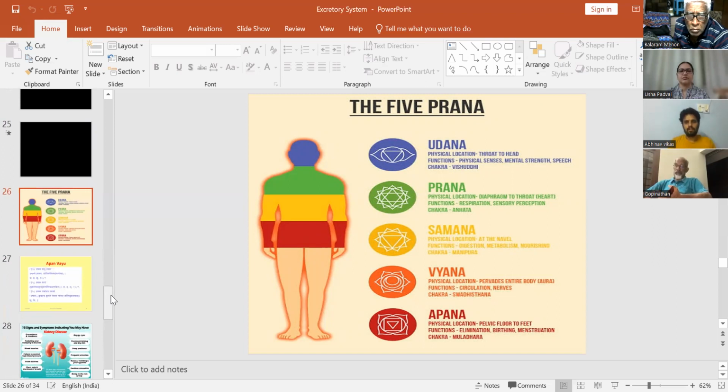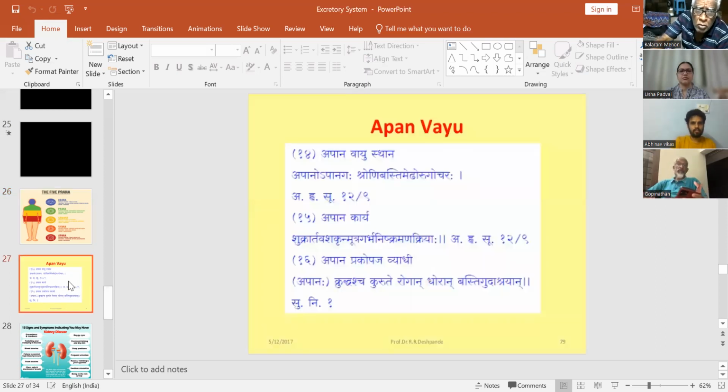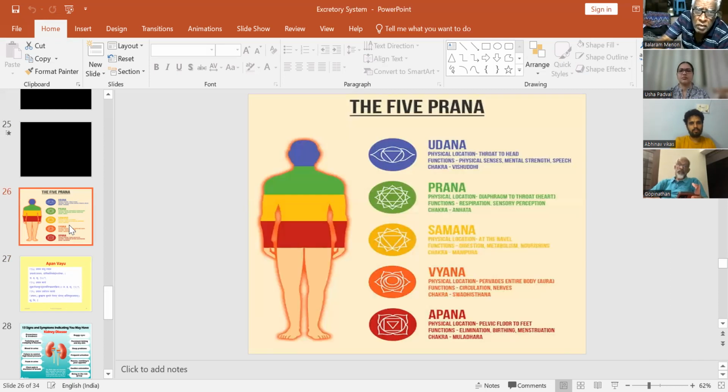I think you already know about these 5 pranas: prana, apana, vyana, udana, samana. Just a revision. Prana, apana, vyana, udana, samana. Prana is like